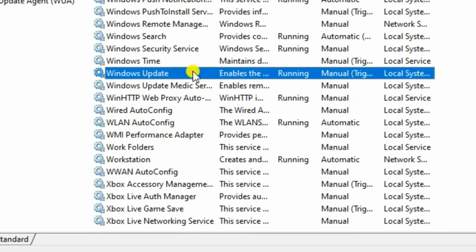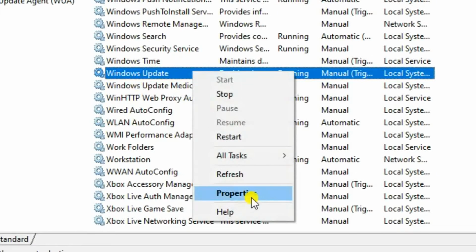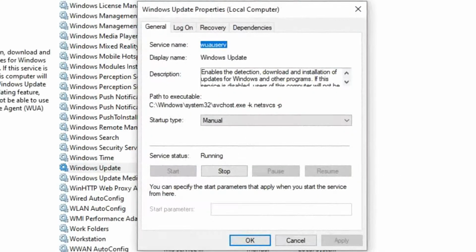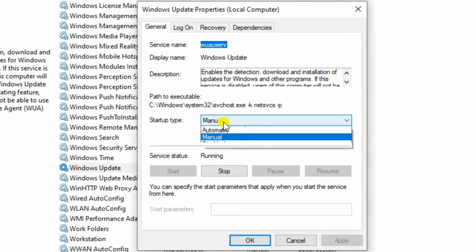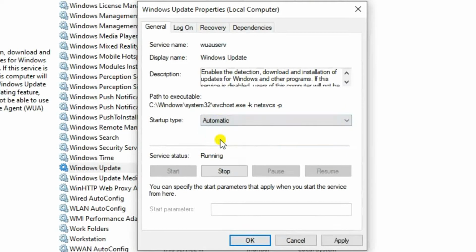In that Windows Update, right-click it and click Properties. In the startup type, choose Automatic and click Apply. Click OK.